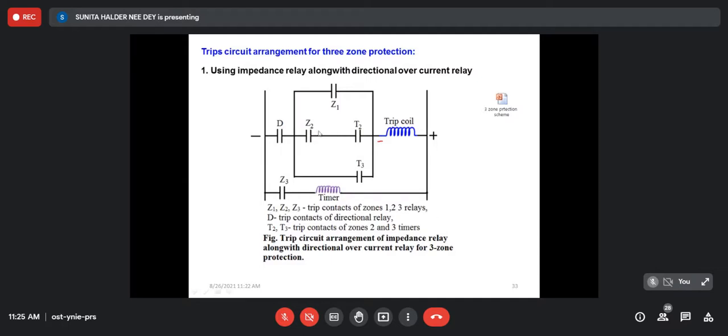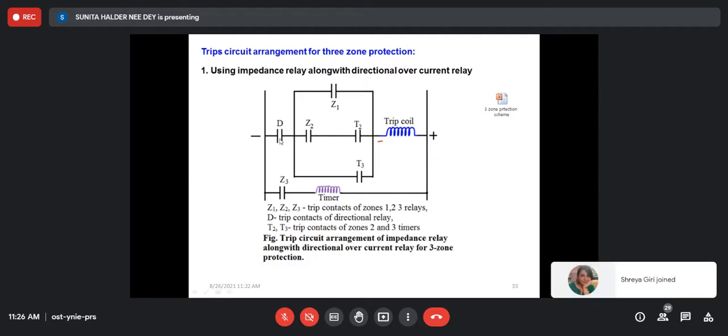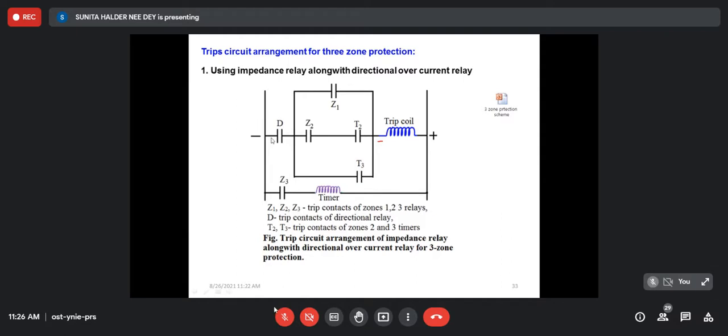That is, if we are using a simple impedance relay, then we have to provide a distance relay, a directional overcurrent relay. The directional overcurrent relay will decide whether the distance relay will operate for this particular fault or not, because the ordinary impedance relay does not have any directional property, right? Then if the directional relay senses that the direction is right, it is a fault, then the first zone impedance relay will operate, because no time delay is given, no timer is there, so the relay will be energized.